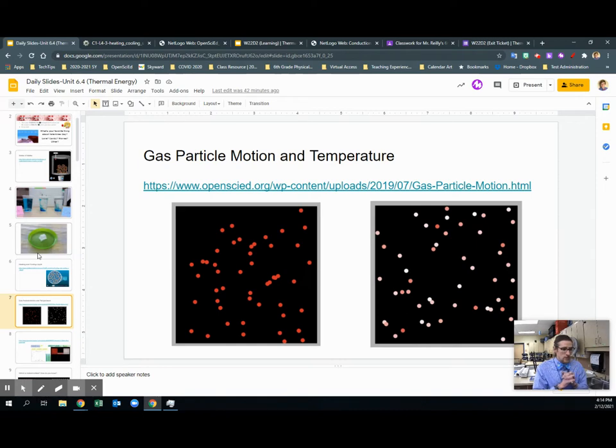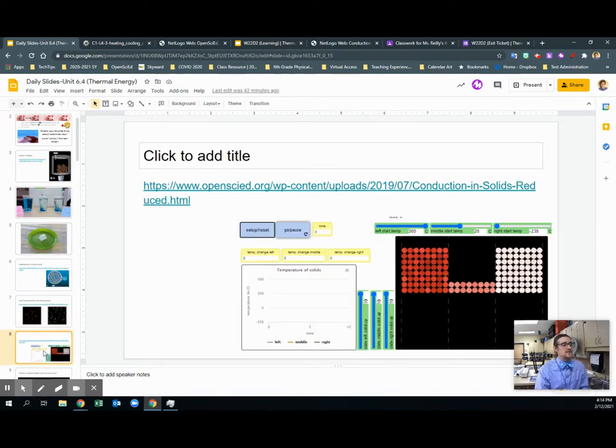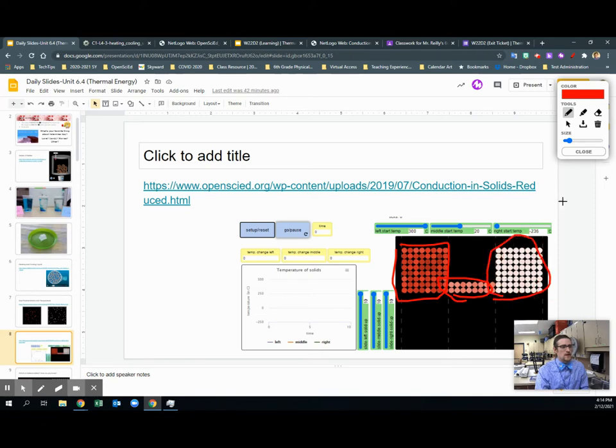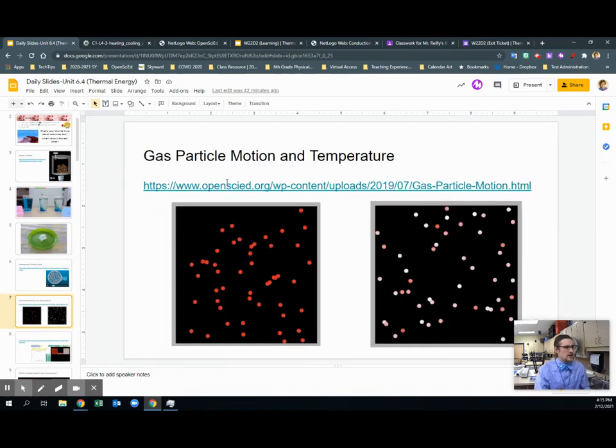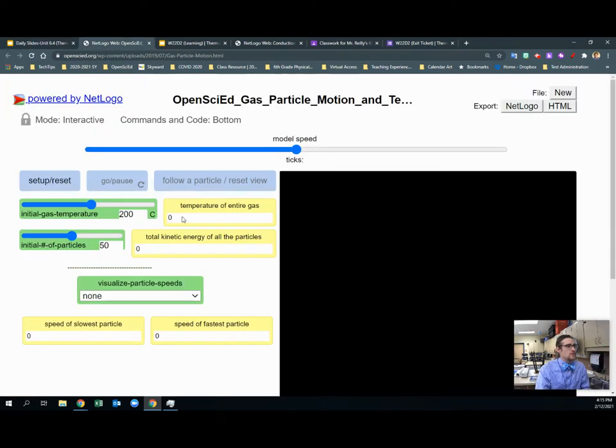So what are we going to do? During class today, our big objective is to make sense of this simulation that shows 3 different solids, one that's very hot, one that's kind of medium temperature, and one that's very cold, and to see how energy can transfer between them. To help this make better sense in our brain, let's get a good visual and make sure that color scheme really makes sense. So opening up this one,